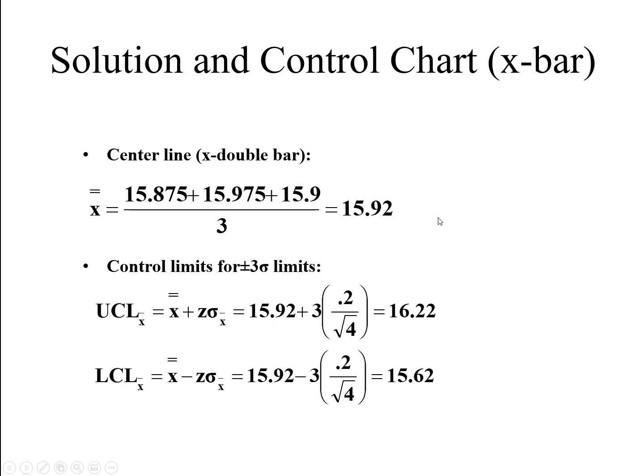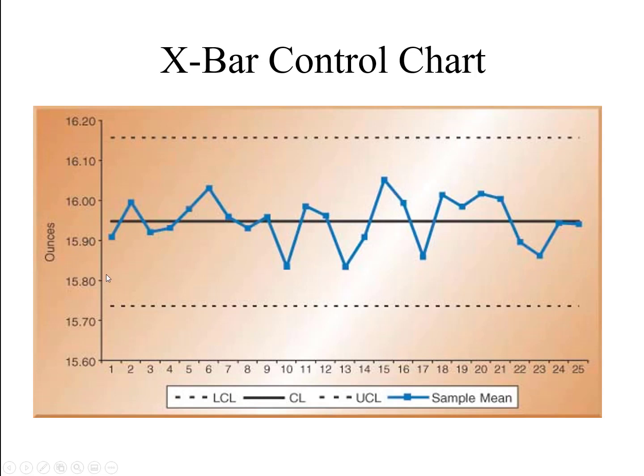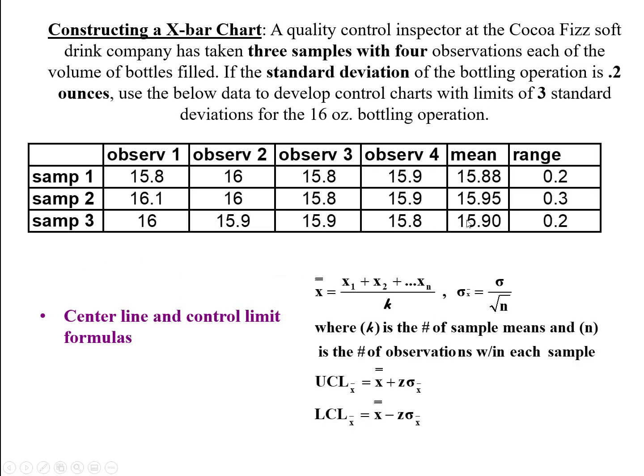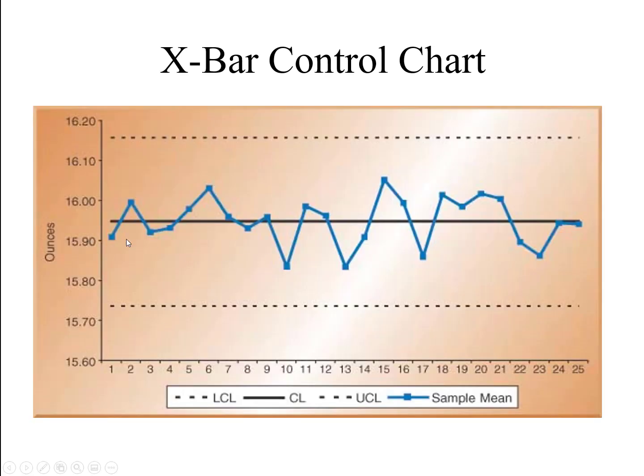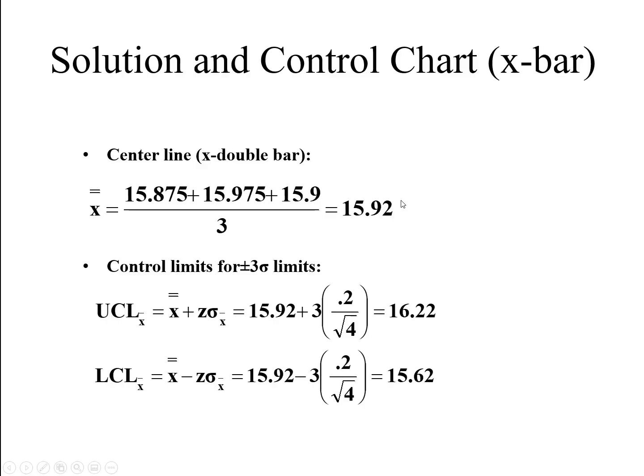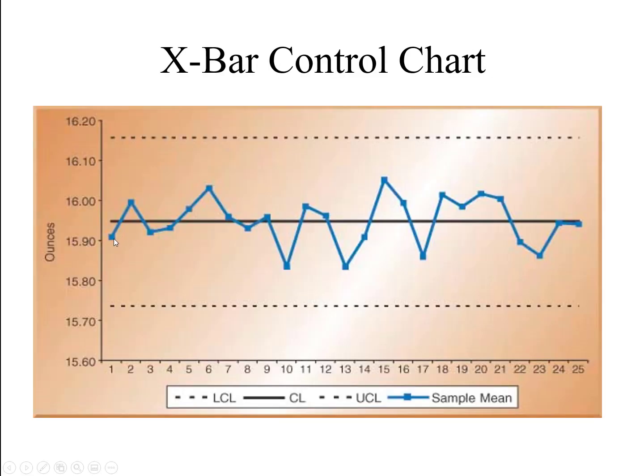When you sketch it in Microsoft Excel or Microsoft Visio or some other software, it will look like this. 15.92 is my average line, which we already calculated by taking the mean of these means. If we scatter the collected data, how many points? We have 3 samples and 4 observations, so 4 times 3 is 12. When we sketch it, some points will be near the line, some above, some below. So basically these are the deviations, the ups and downs from the mean.